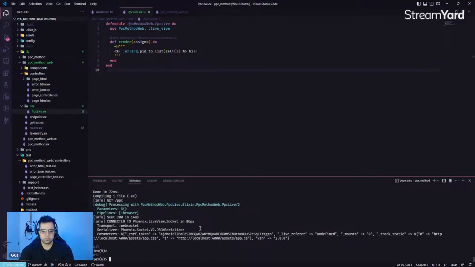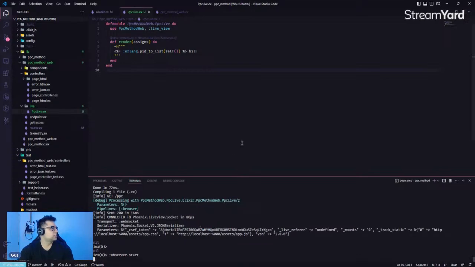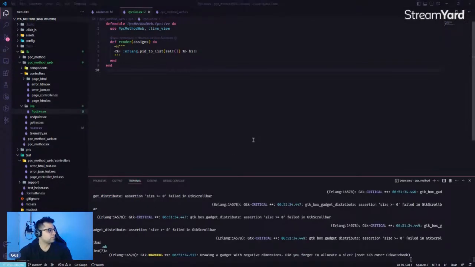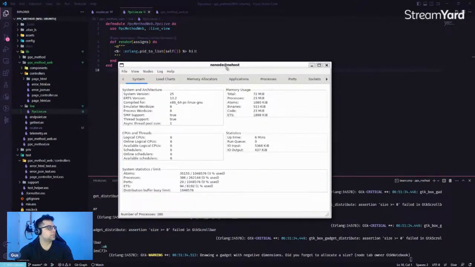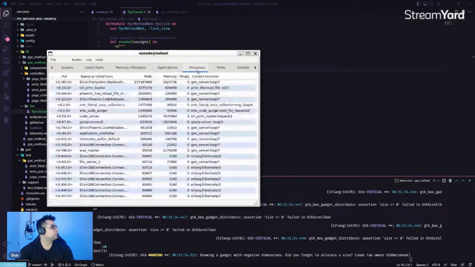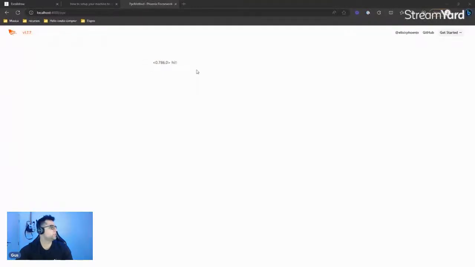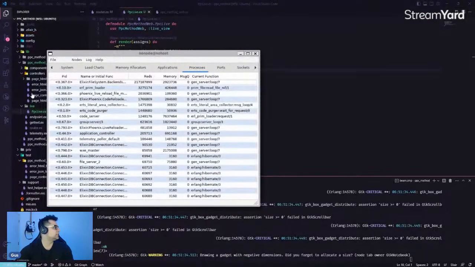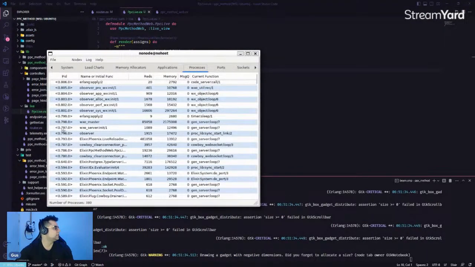Now, when we run observer.start, we have this window here, and when we go to process, and when we look at our process ID,